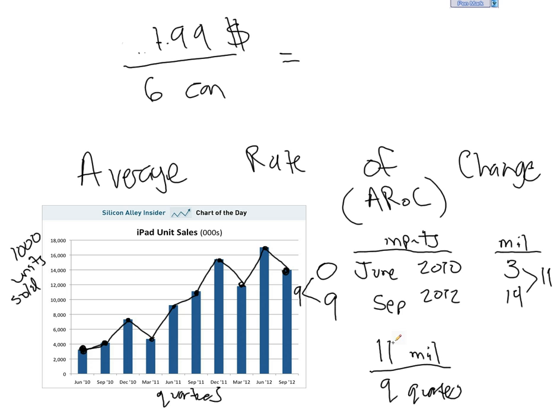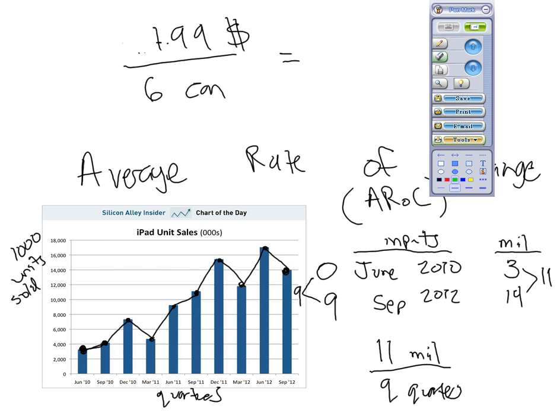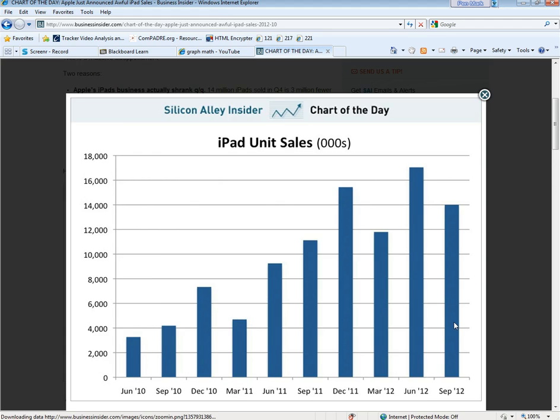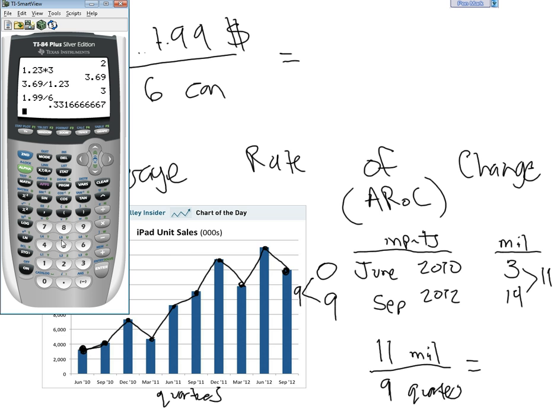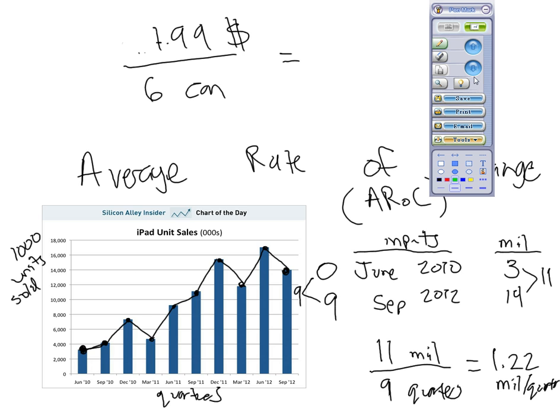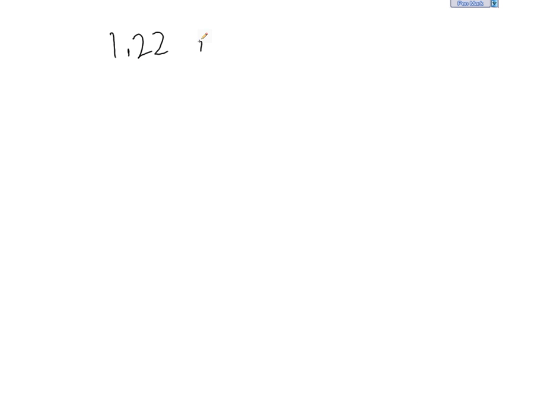That's what happened. Now, in reality, we know that it didn't go up by 11 divided by 9 every quarter, but if we calculate this and say 11 divided by 9, we get 1.22 million per quarter. So in other words, we just divided and came up with 1.22, telling us that 1.22 million